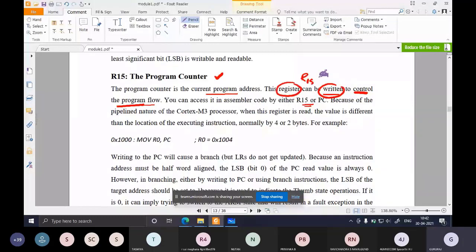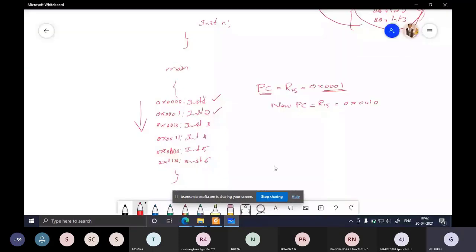Since the new PC value is 0x0010, after completing instruction 2 the processor will execute instruction 3. That is the current scenario. Now let's say I want to change this scenario. After completing instruction 2, the processor should not execute instruction 3. Let's say I want to execute instruction 5.